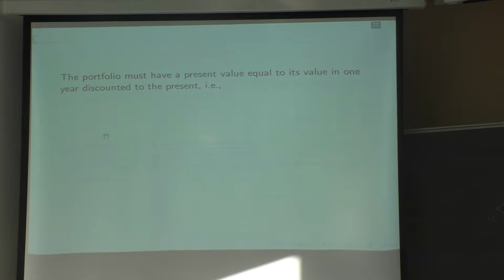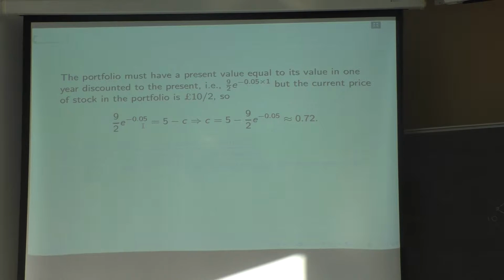Right? So how do we compute present values? We take the known value in the future, £4.5, and we multiply this by e to the minus 1 year interest rate times 1 year. So here it is. Here's how much the portfolio must be worth now at time 0. This is the number used to convert the value in the future to present value. It's a present value of the certain value of this portfolio in 1 year, which is 9/2.